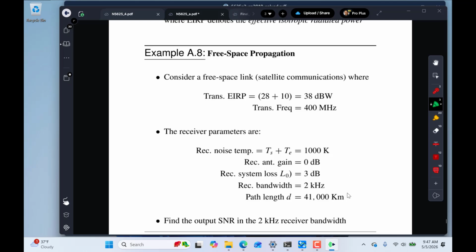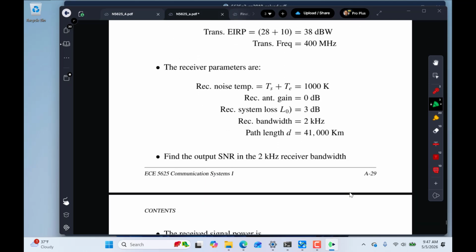So these are the parameters in this simple model. It's a geostationary satellite, bandwidth 2 kilohertz. That parenthesis is not supposed to be there. 3 dB loss in the antennas. Receive antenna gain is omni, so it's 0 dB. Maybe this is what I have in my car with my patch antenna on the roof for